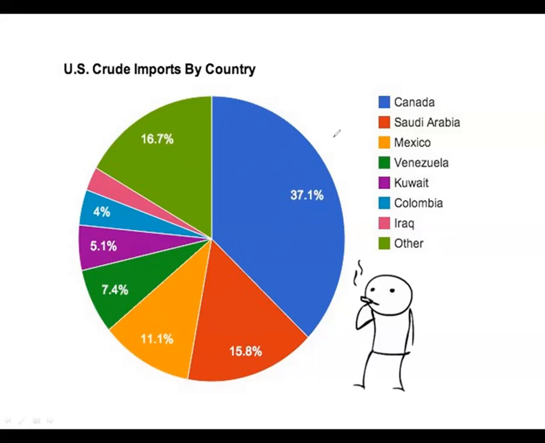Now, if Canada is dependent on crude oil as revenue, that means the Canadian dollar becomes strong or weak depending on how oil is doing in their country. If oil prices are going up and there's more demand, it means the Canadian dollar will become strong. But if there is less demand for crude oil, it means the Canadian dollar will become weak. But let's read some interesting notes before I take you back to the MT4.